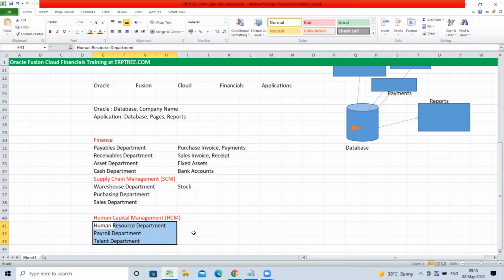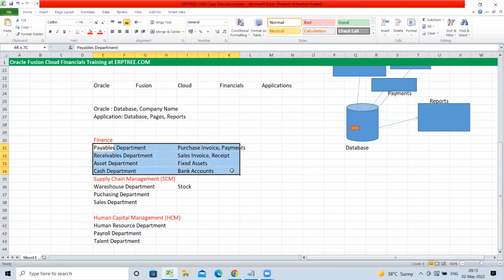Okay, so out of that, one of the product families is financials. Finance means where you can see different finance related departments. That means for each department, we have a separate application. Those applications we call as financials applications. For example, so we have